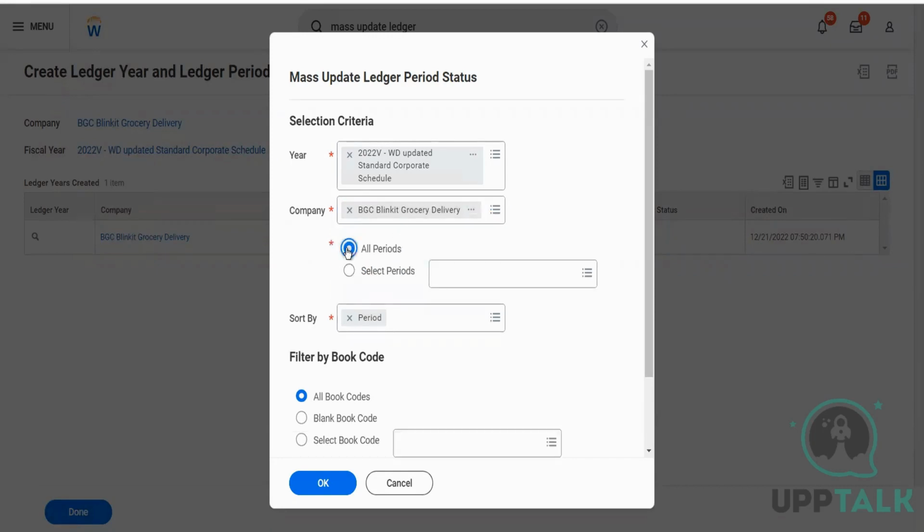So all periods. So for practice, we'll just open all of the periods, but in the real world, in reality, you would just open it when the period comes. For example, we are entering into January. So we'll select January here and we'll select January only, and then we'll open that period. But right now, as we need all periods for practice, we'll say all periods for all book codes